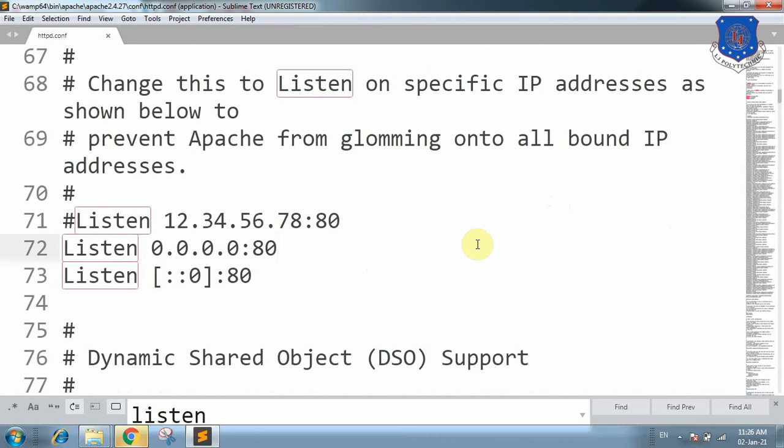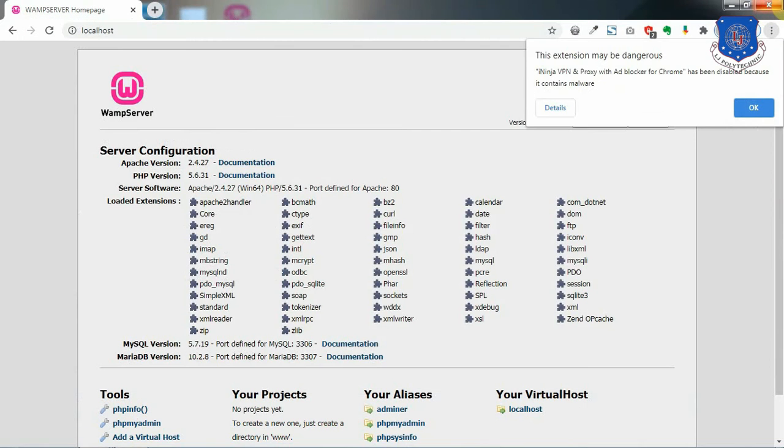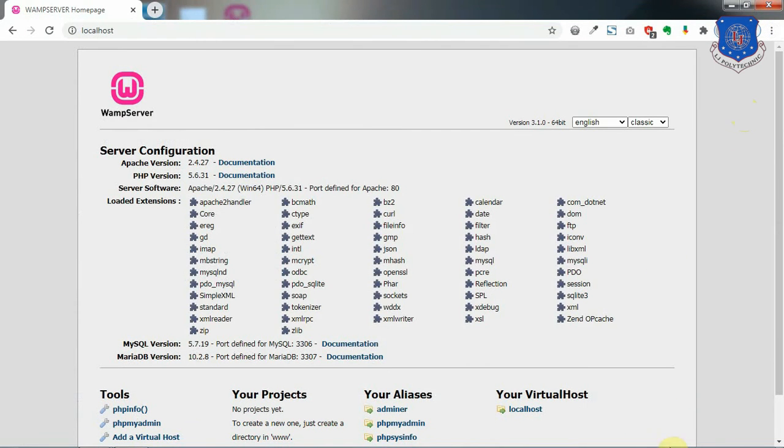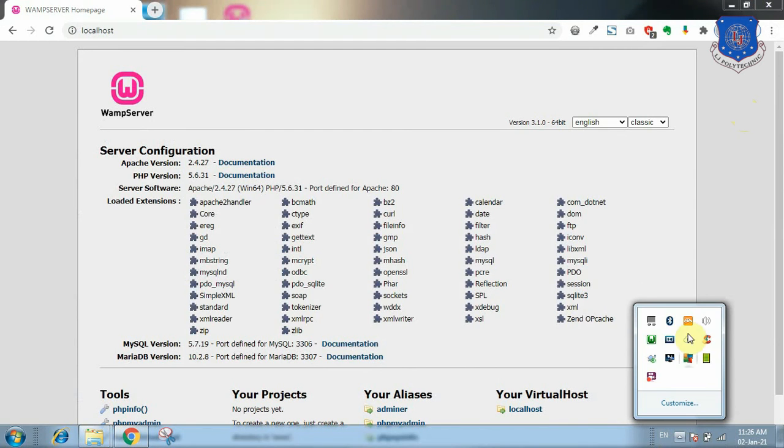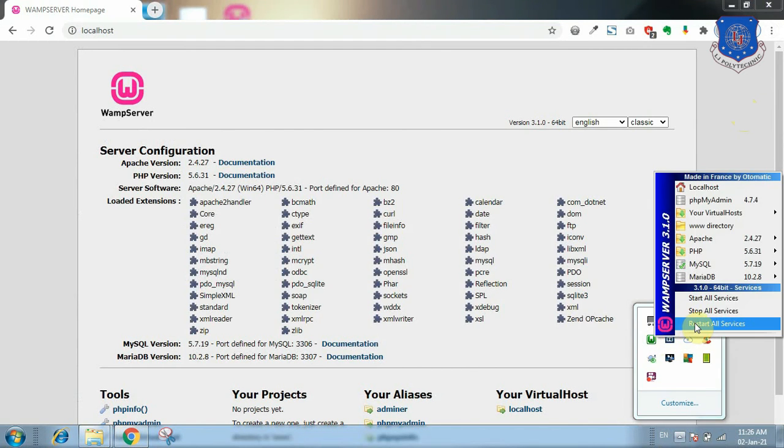So you have to change this port number to 8080, or you can set it to 8081 or 8082 or whatever port number you want to. So I am changing it from port number 80 to 8080, saving this file and closing it.